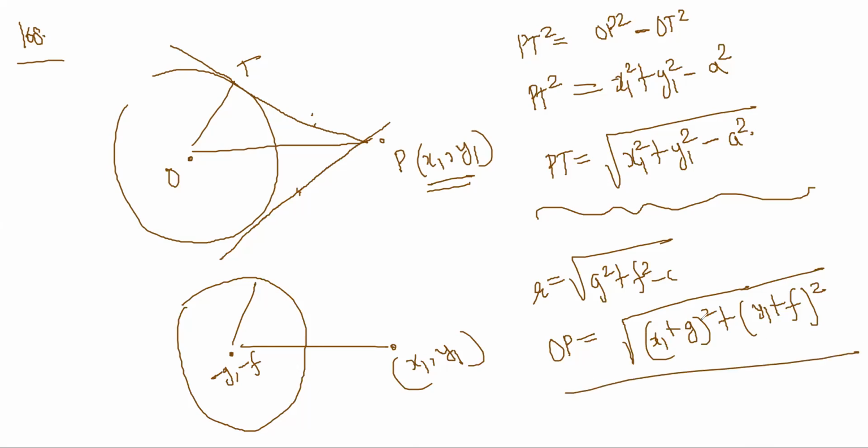Distance formula. We'll actually just do it. So length of tangent, PT square is equal to OP square minus